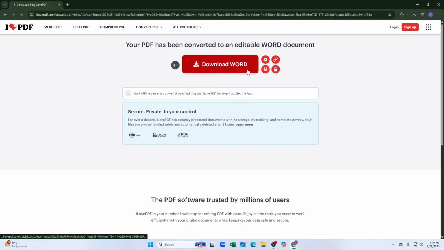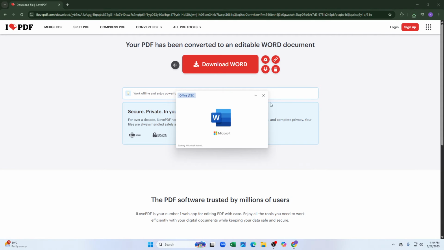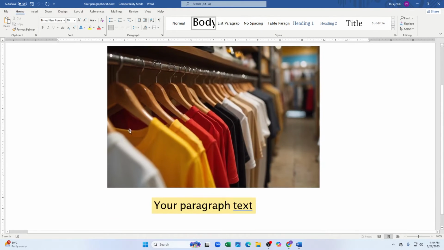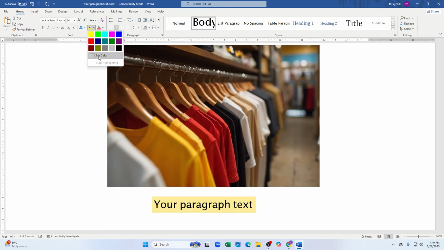You just have to download Word, and after downloading it you just have to click on it and open it. As you can see, it's now opening. You will just need to click on enable editing, and after that you just have to select the part you want to remove the highlighted section from, and after that you just need to click on here and